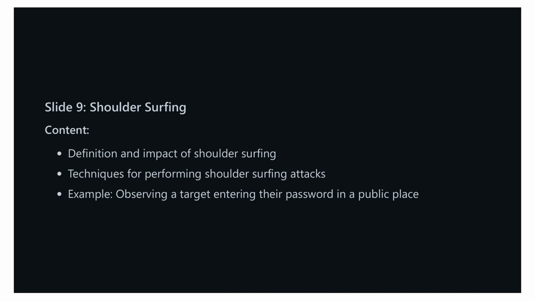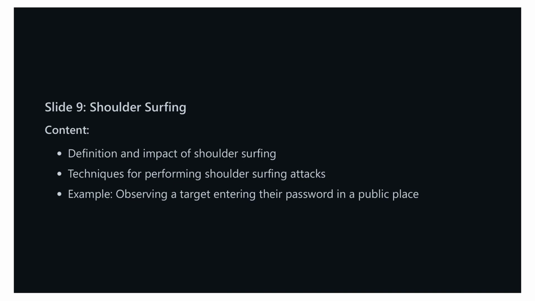Shoulder surfing is a form of social engineering where a person observes a target to gain access to information such as passwords, PINs, or other confidential credentials. The impact of shoulder surfing can be significant as it compromises personal, financial, and organizational security. There are various techniques used for shoulder surfing attacks. One common method is simply watching over someone's shoulder as they enter their details on a device in a public space. Another way might involve using devices like smartphones or small cameras to discreetly record the target's actions without their